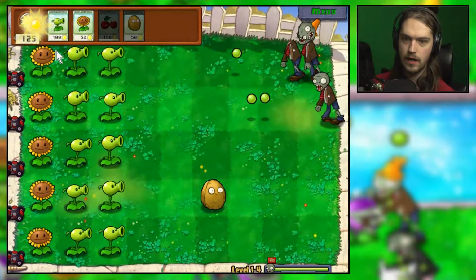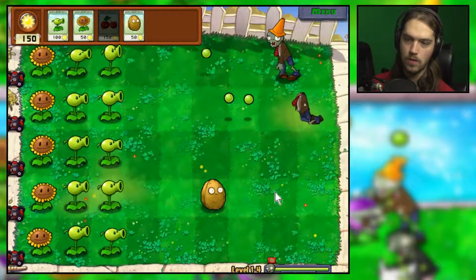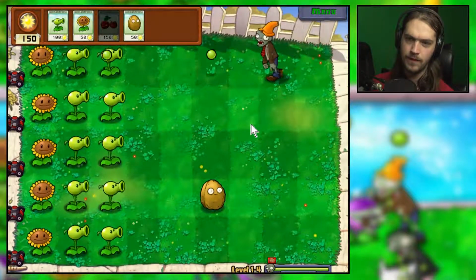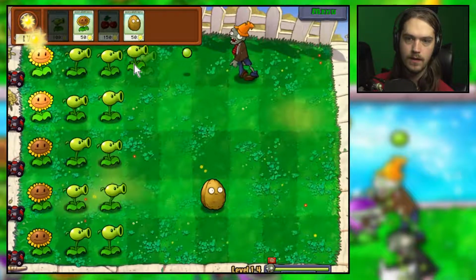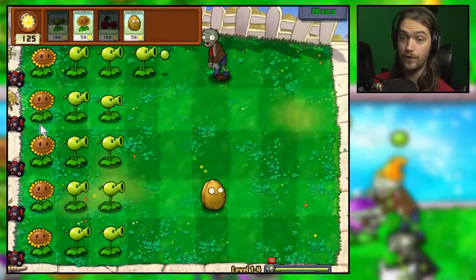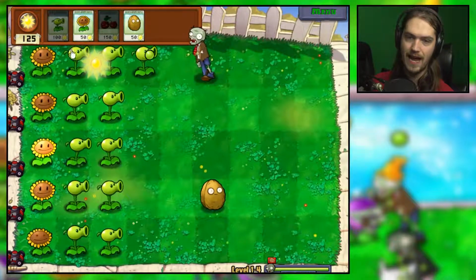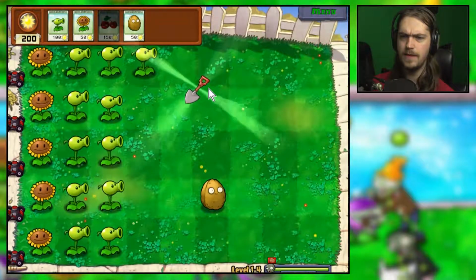It explodes a zombie with all the zombies within a 1 block radius. So if I place it here, all the zombies in this entire area will get exploded. Which can be useful if you're getting overwhelmed and you're like, oh, there's a lot of zombies on the bottom half, and you just place one down right here and you get rid of pretty much all the zombies. I think there might be...